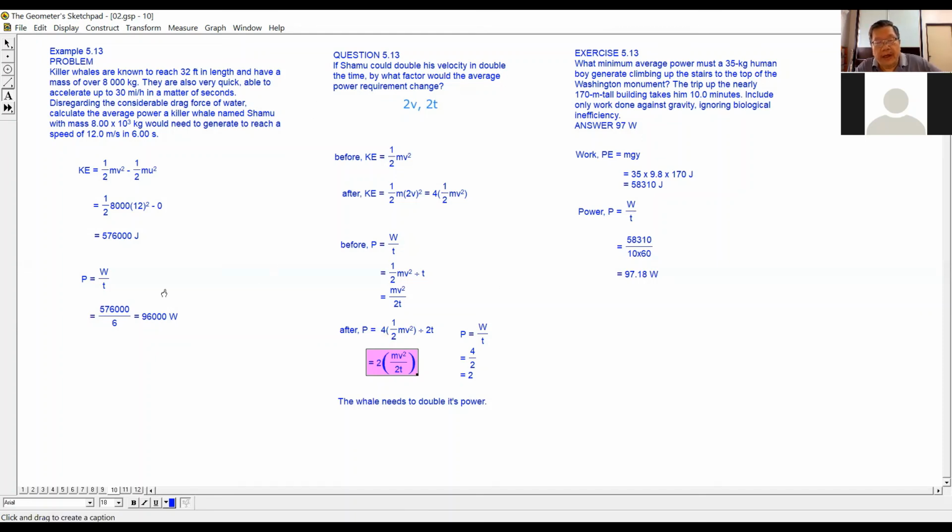So we are actually using this formula. Power is the energy or the work done divided by time. So instead of using a wheel